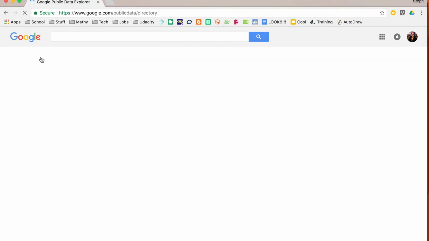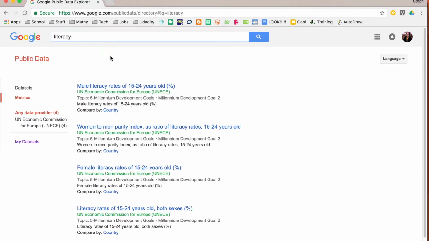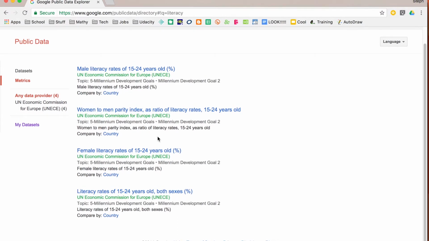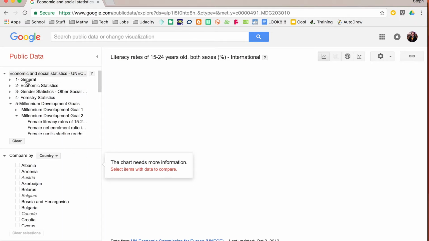look for. I'm going to go back home for a minute, and I'm going to show you how you can search public data. I'm going to search for literacy. So what that does is it gives me what are the big data sets that I can look at, and then I can start narrowing down how I want to look at literacy rates. So selecting those will give you the large data sets, and then you can customize what it is that you want to see related to